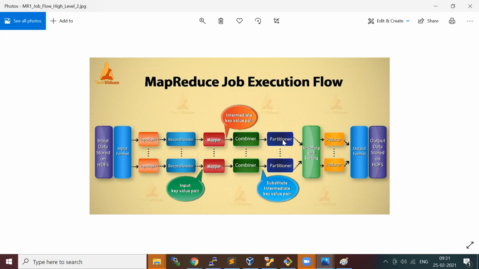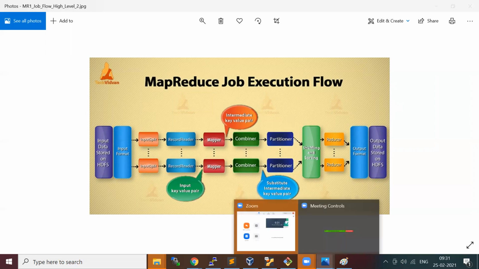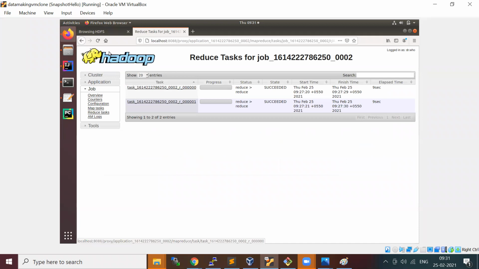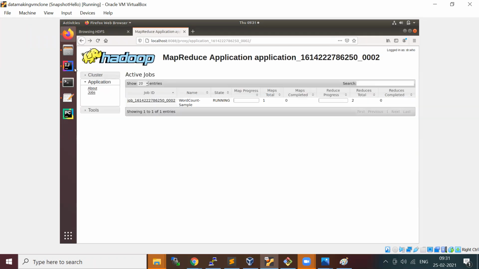Once we cover a few more different components, then I will tell you how to customize the partitioner logic. For now, this is Java code, so I don't want to insist on Java right now. So we'll just go through the other components and learn. When we come back later in this course, I will definitely take this custom code on the partitioner. Okay, so I'll come back here. We saw this, right? I will show you one more thing here.